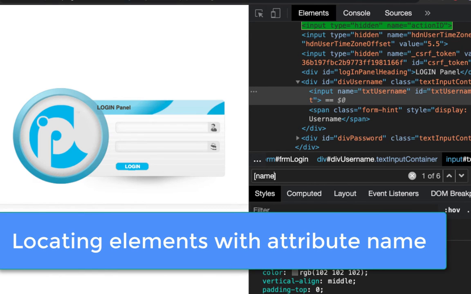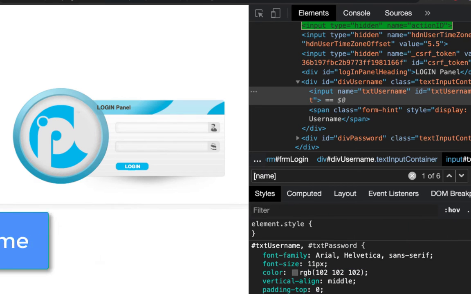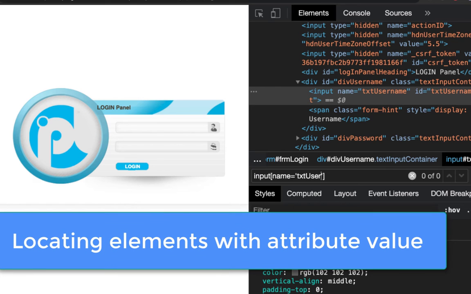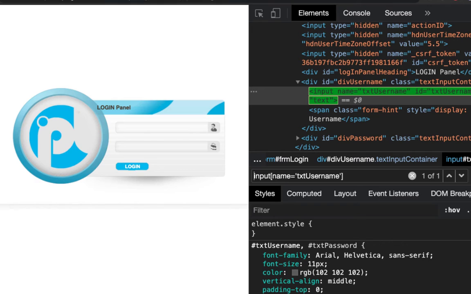Let's see how to locate the elements with attributes. In this case, attribute name and the tag name is used, and you can make it more precise with the value as well. Give the value txt username and the element is located. In case of XPath, you give double slash at the beginning of the syntax and at sign before the attribute name. In case of CSS, you do not need double slash and at sign, and CSS is simpler than XPath in this case.